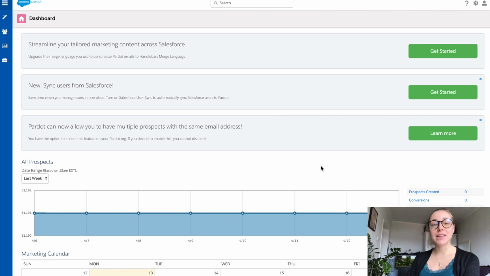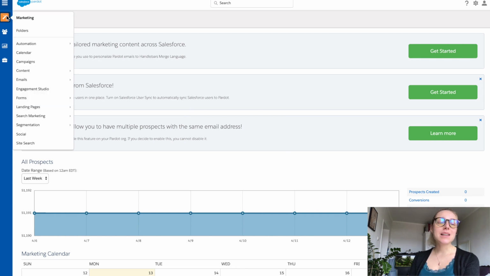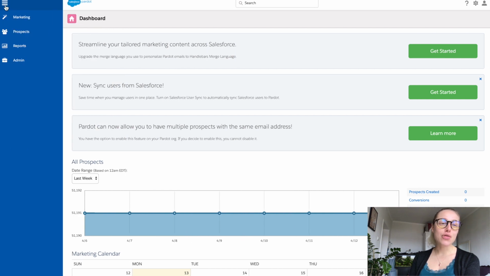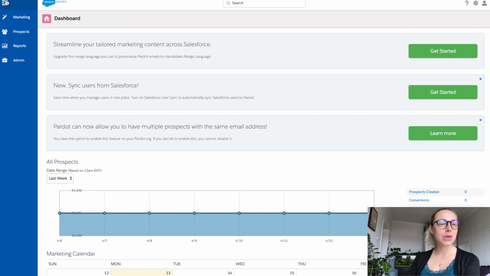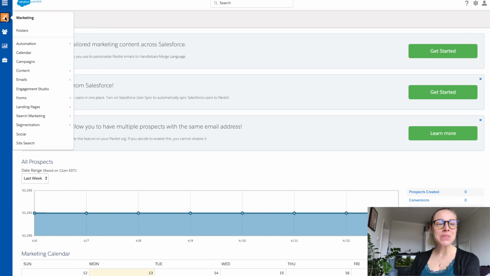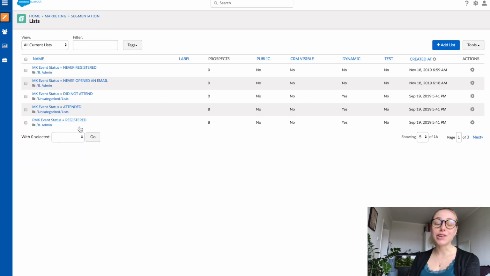And first thing that we see when we log in is obviously the Pardot dashboard. To access Pardot lists, we'll need to navigate to this magic stick over here, or if we expand, potentially you have the expanded menu and you're gonna see lists like that. So I'm gonna go to marketing, I'm gonna scroll down to segmentation, and I'm gonna click on the lists. So here you'll be able to see all the lists you have, or you're gonna see none if you don't